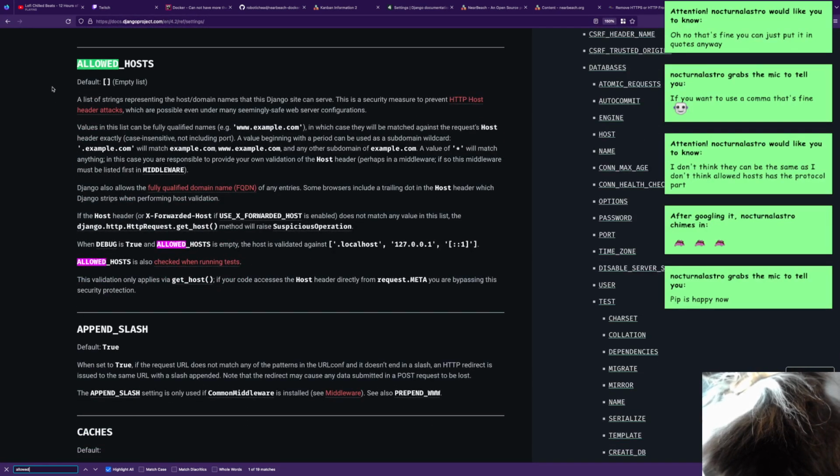A list representing host domain names of the Django site server. This is a security measure meant to prevent HTTP host header attacks. Yep. All right, values can be listed in qualifying names. Yep, all right. I mean, worst case scenario, we could just have this as a separate one. Or